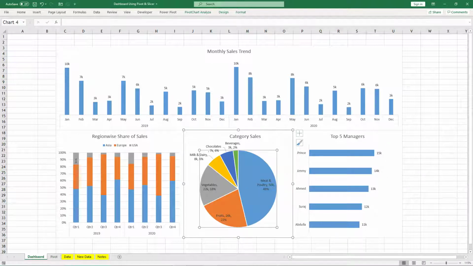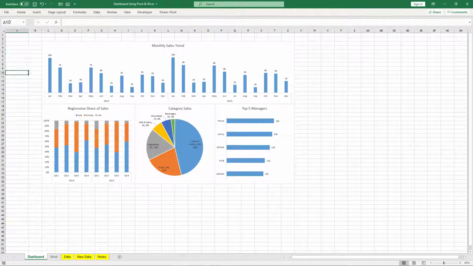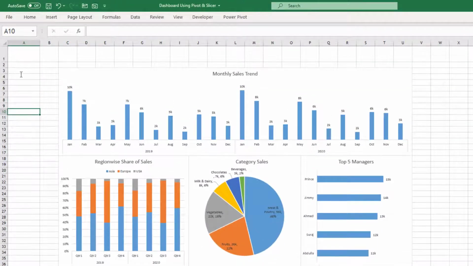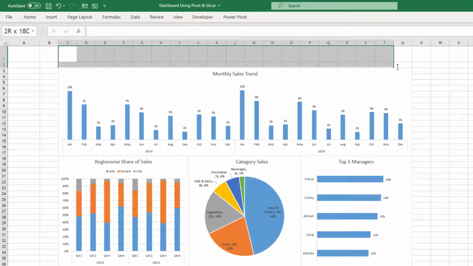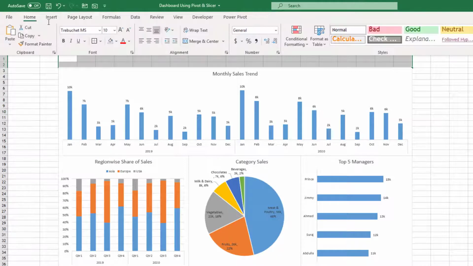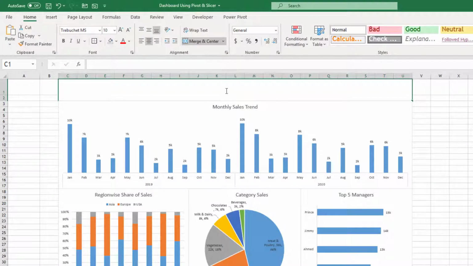Okay, here because data labels are not there, I want to keep these lines because that is what is indicating the percentage share, how it is changing. So I want to keep a title here, so I will increase the height a little bit. I will take all the cells, go to home, merge and center, and here I will write something like sales dashboard, and middle alignment vertically as well as horizontally. Increase the font size.